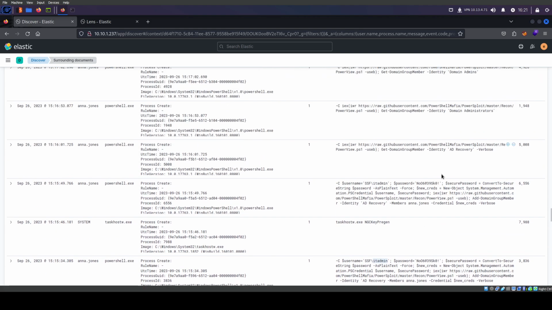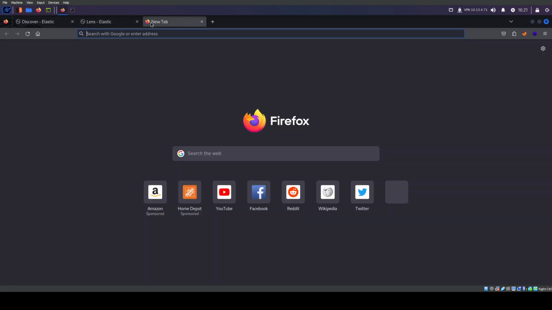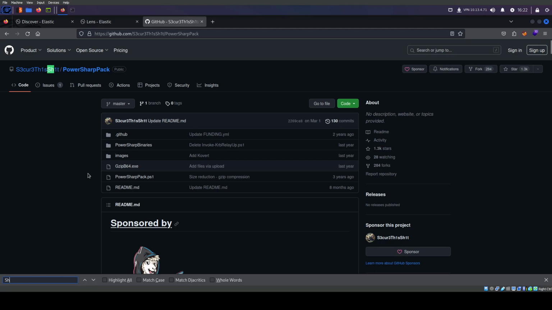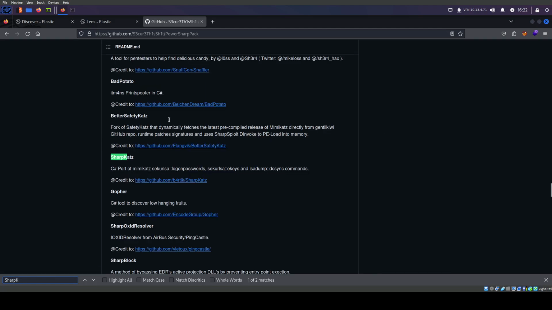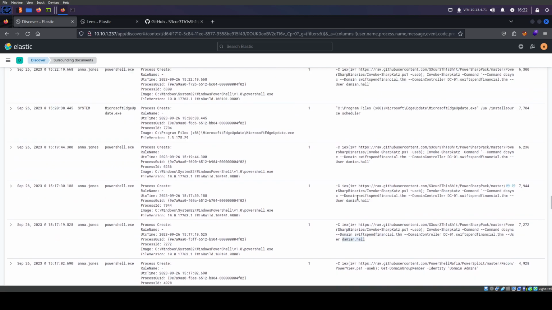It's using PowerView to do it. And there we go. And now it's using Invoke-SharpCats. And it's trying to target the user Damien. So you must know Damien is probably a high level user. What is Invoke-SharpCats? Another power pack. So probably another implementation of, alright, so the attacker definitely used this power pack right here. Okay, so it's trying to do a DCSync. So there we go. We're almost there.